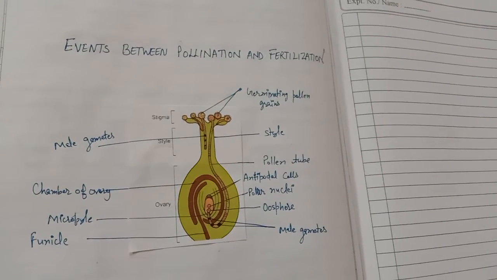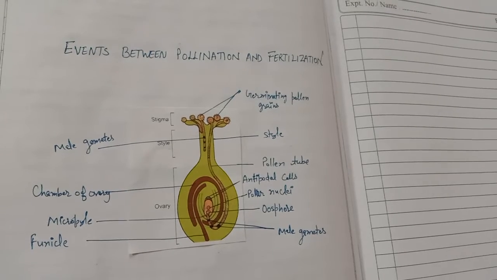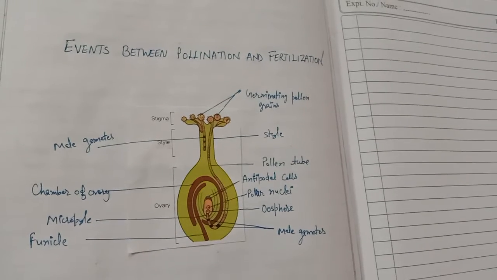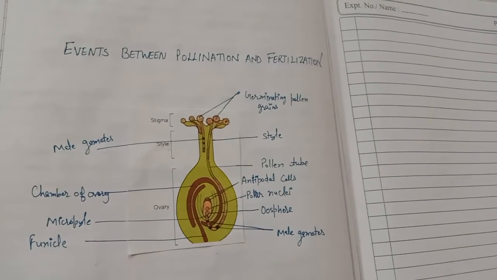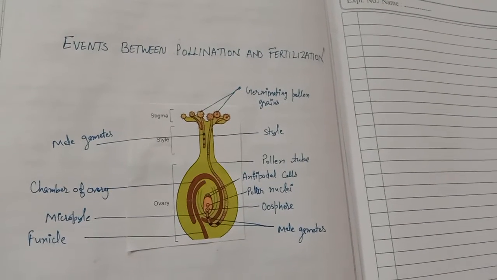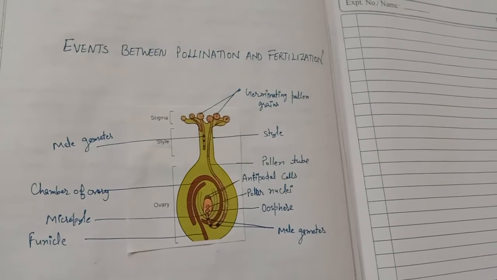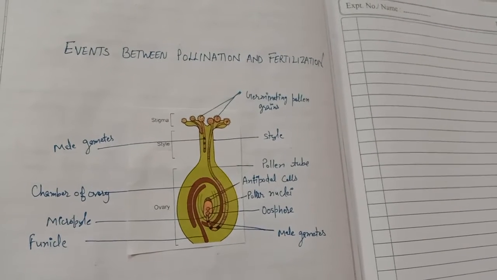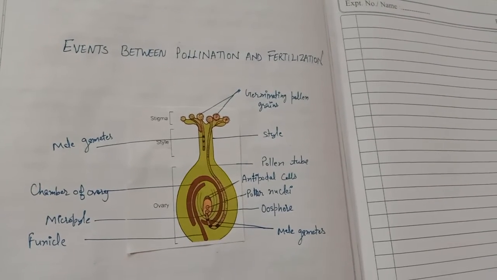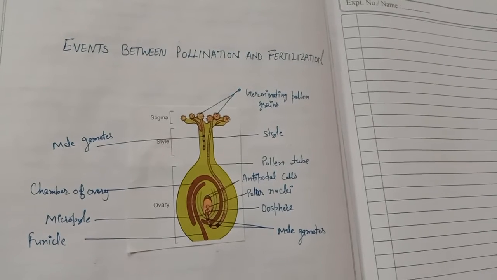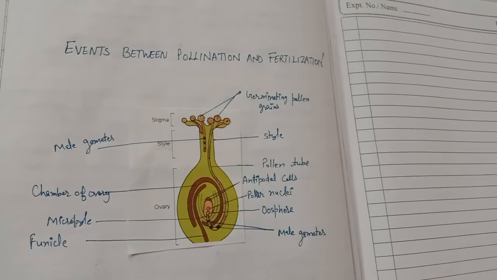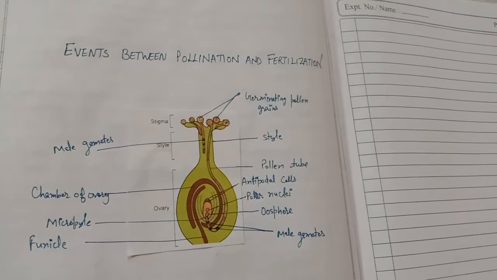The pollen tube is covered by intine only; exine, the outer covering, is not there. Then the germinative cell divides into the two male gametes. So here they are shown, the male gametes. The pollen tube contains two male gametes and a degenerating tube nucleus; three nuclei are shown in the pollen tube, along with some cytoplasm.